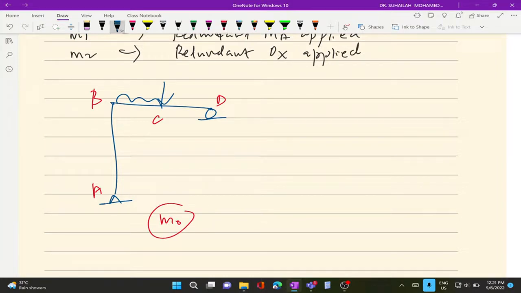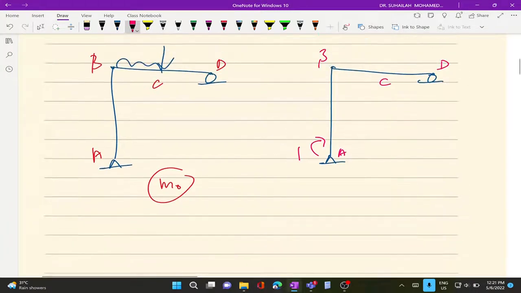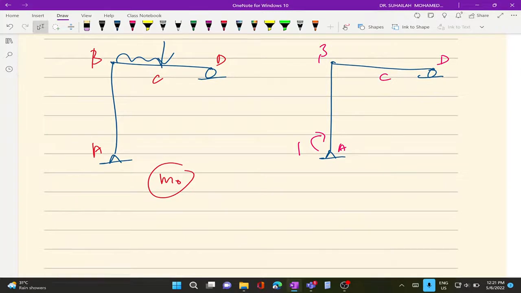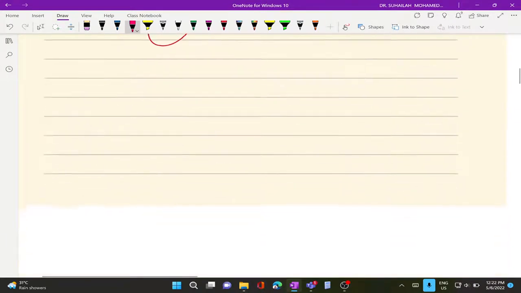For M1, same support, same label, but this is subjected to a unit value of moment. Then we have to calculate reactions and write the moment equation. Okay, this is M1. And then for M2,